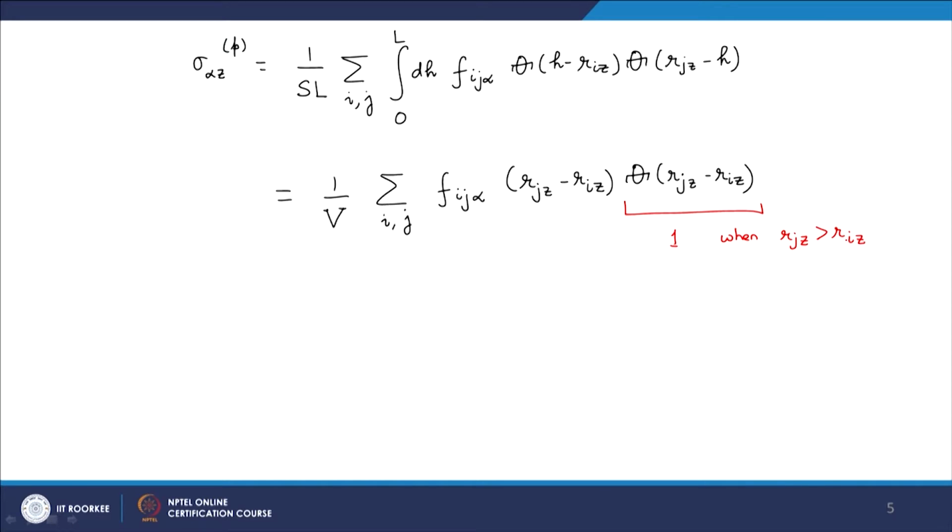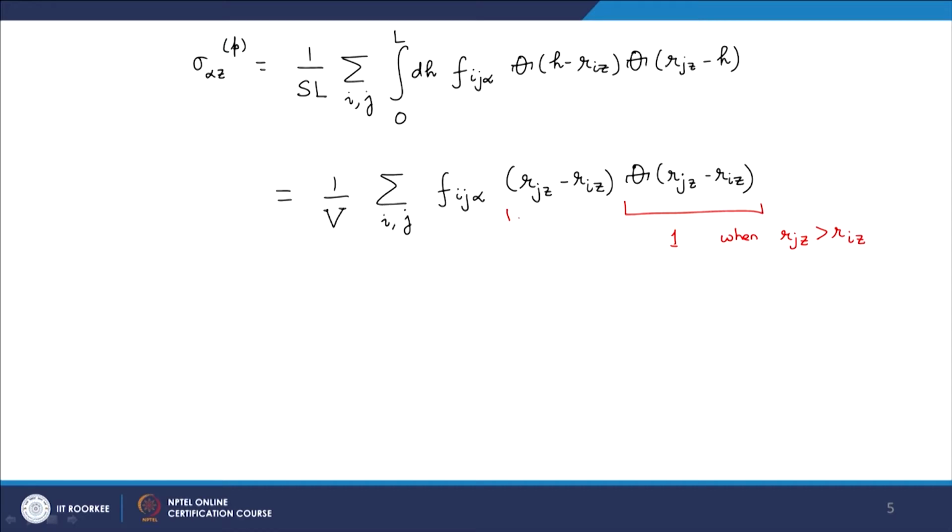So, this will ensure that j is always above I, and then this will ensure that I is below, j is above. And the reason why this is the case is because